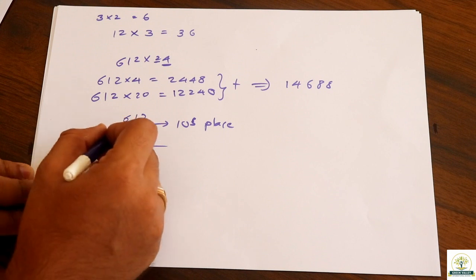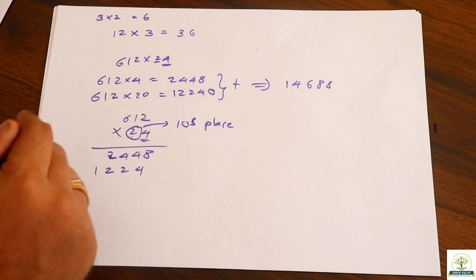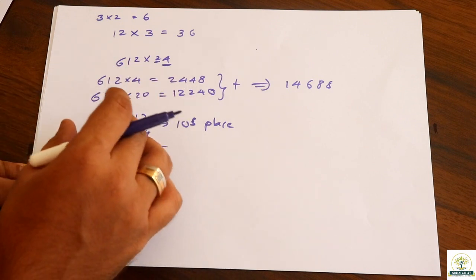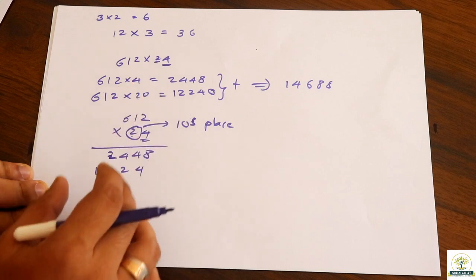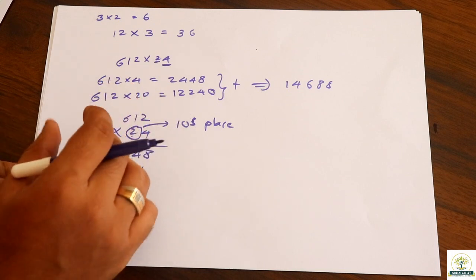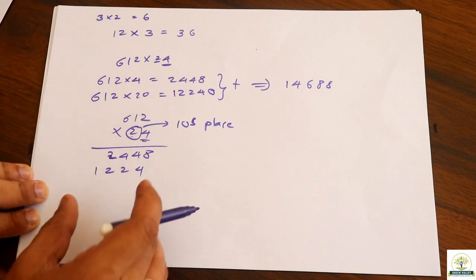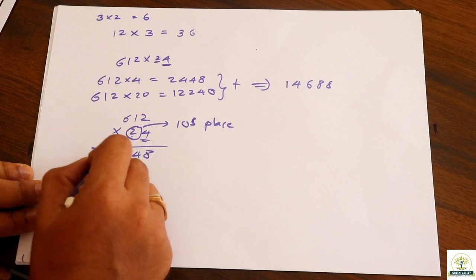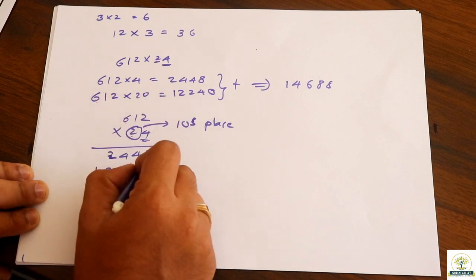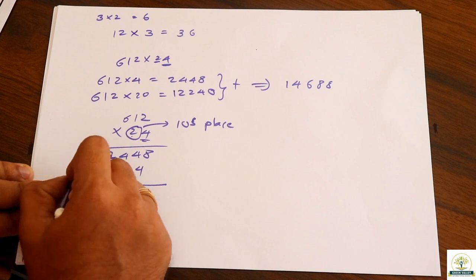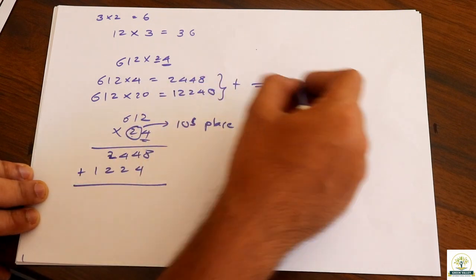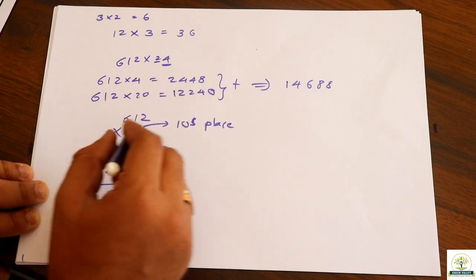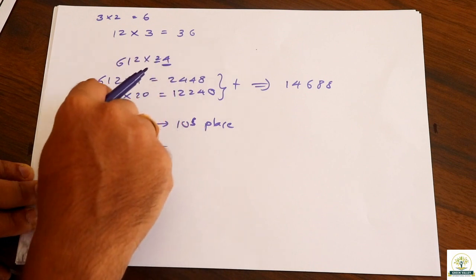If there was another number before 2, let's say something like 5 or 3, I would be moving this result of multiplication 2 places to the left. That is in the third step, not in the second step. So in the second step we got this answer. Now we have to add these two, like previously what we did. The same method is going on, but it is in one step, not the 2 steps.